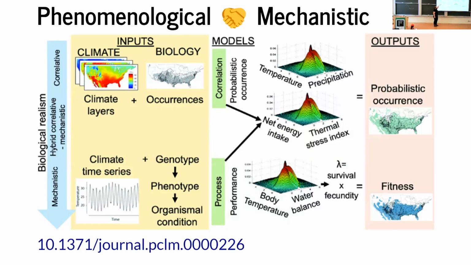But then you use correlations with the occurrence, because you can't necessarily go out and measure these rule-based metrics, but you can calculate them from other observations, and then you just find correlations, and you can do another sort of probabilistic occurrence prediction. So there's another example that these two things don't have to be at odds. They can actually work together really well.